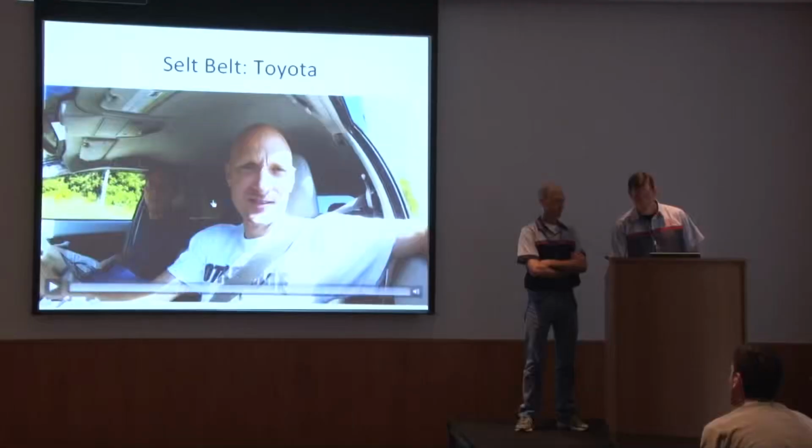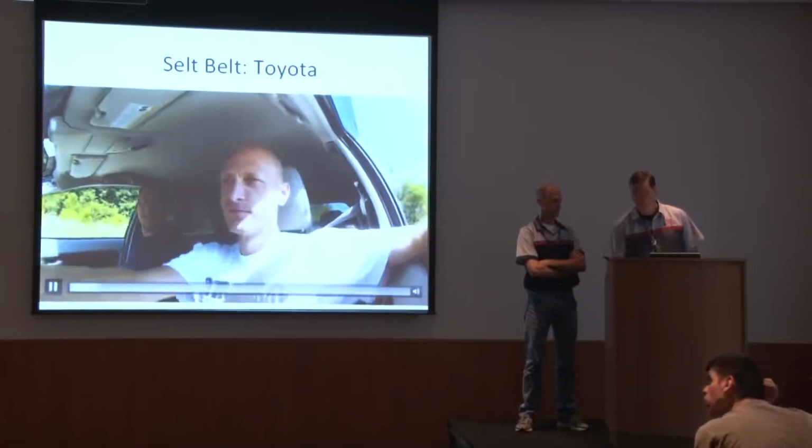The seat belts, as I mentioned before in the Prius, were linked up to the pre-collision system. So if you were to be in an accident, they would pre-tense the seat belt to ensure that you didn't smash your face into the windshield. We found that we could just continuously send these diagnostic messages as well and tighten the seat belt. Annoying. I don't think it could really hurt you, but it is weird.